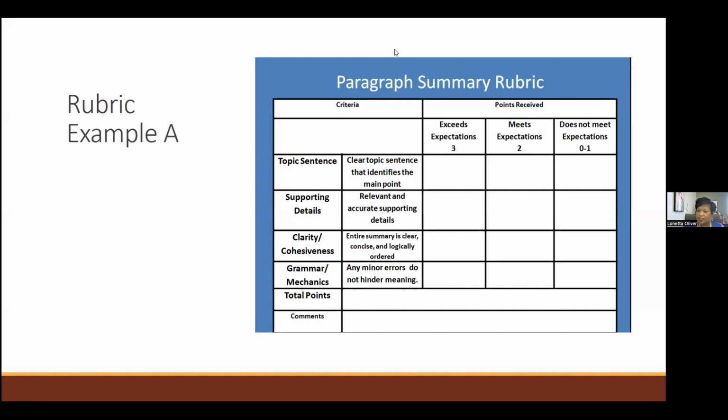It does have at least 3 layers, and at least 3 levels for each. But it might be missing a few things, right? What does it mean when it says "doesn't meet expectations"? It doesn't necessarily tell the student what they should do. I'm not saying it's a bad rubric. It just doesn't necessarily meet the assignment